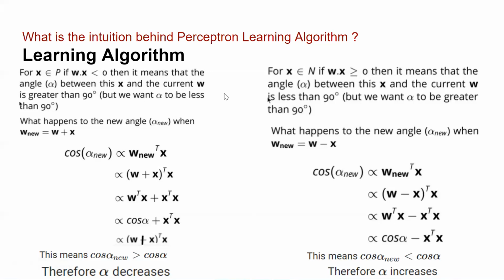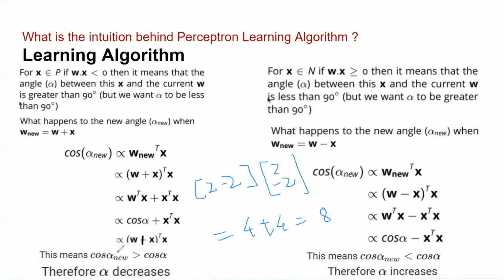Let me tell you how. Let's say I have a vector 2, minus 2. If I do x transpose into x, what will it be? 2 minus 2. If you solve this, what will be the output? 4 plus 4, 8. Yes. So x transpose into x will always give you a positive value, a single element, right?